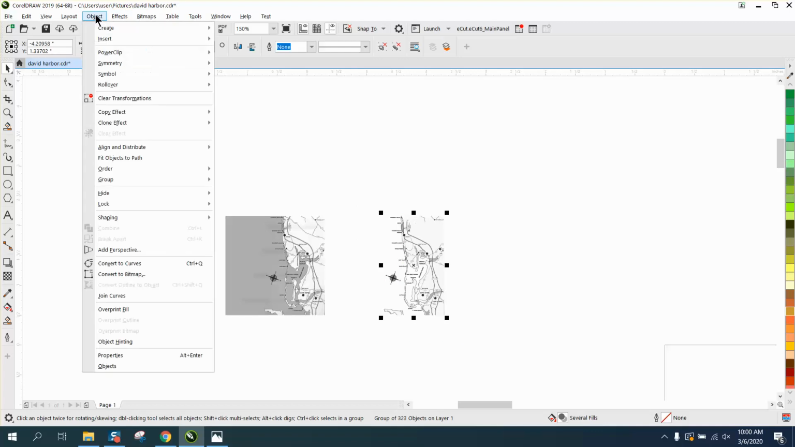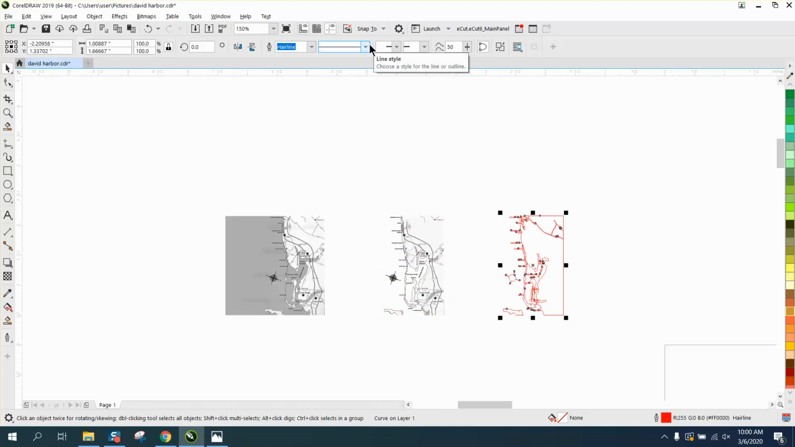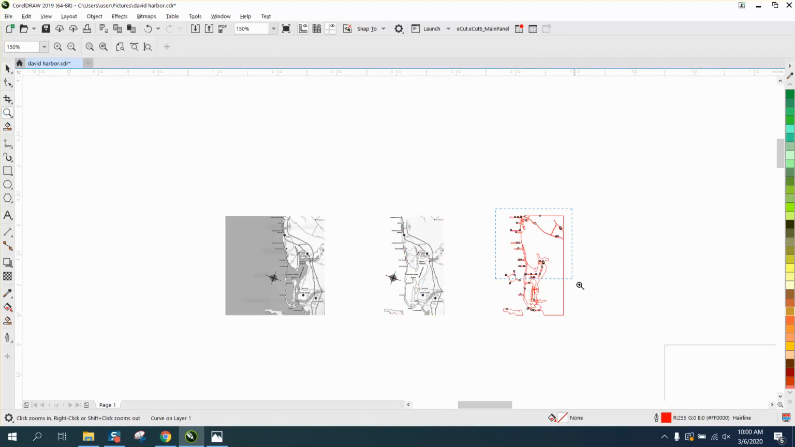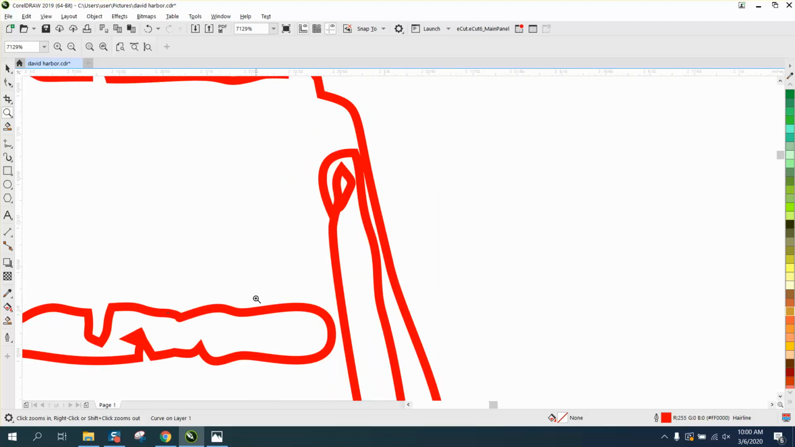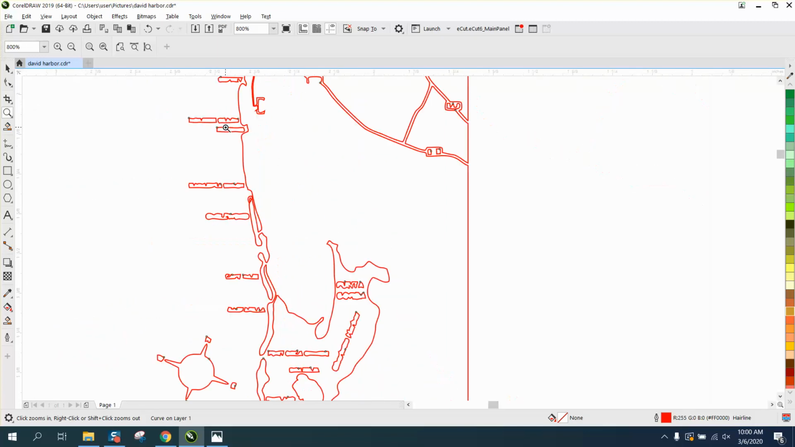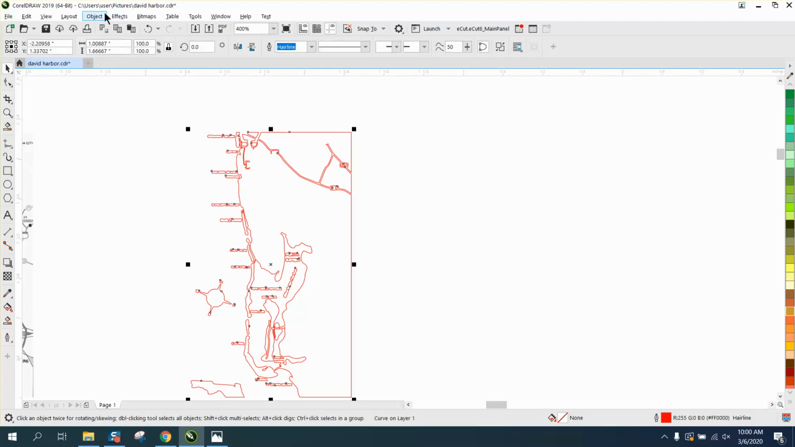Then this is pretty easy. We're going to go up to object, group, and ungroup. And when we do that, we're going to put a boundary. And in that short a time, I've got a pretty good boundary of the lake or of the harbor. Now there's some things in here that are wordage that we're going to delete, but that'll go in the next video. We're going to go up to object,